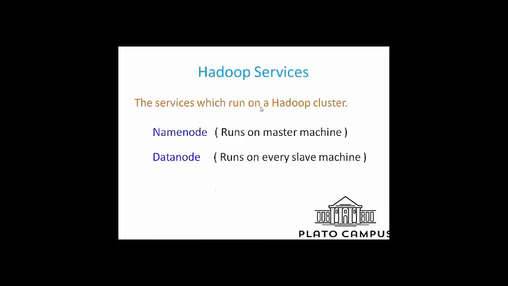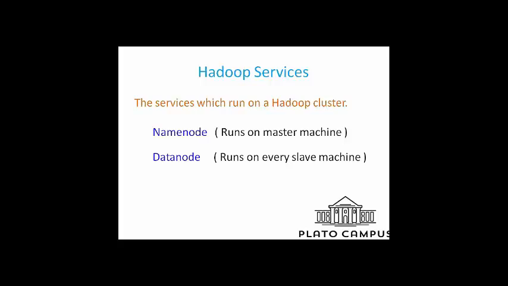Hadoop services. When we say that Hadoop will be processing the data, that means we need to install Hadoop. And whenever we install any software on our system, a few services are running behind every software. So behind Hadoop, what are the services running and what are their purposes? Let's talk about that. The two services are name node and data node. You may be thinking that a few slides back I was saying that master machine is known as name node and slave machine is known as data node.